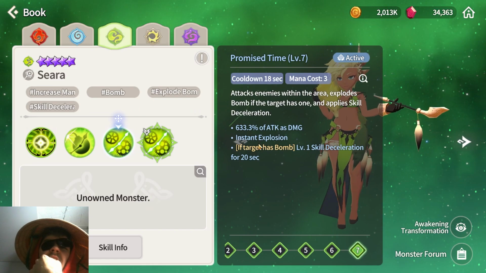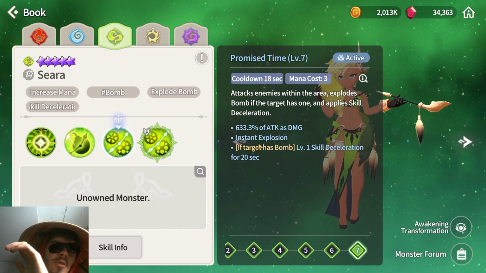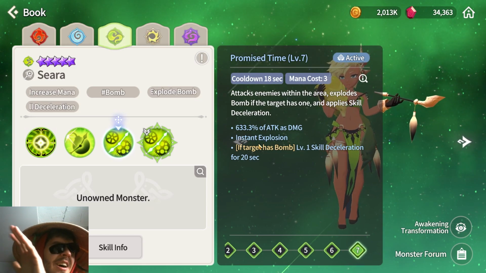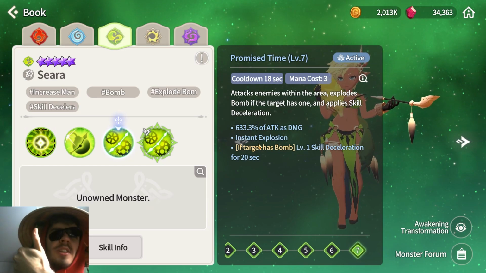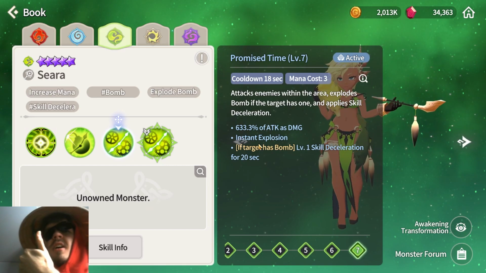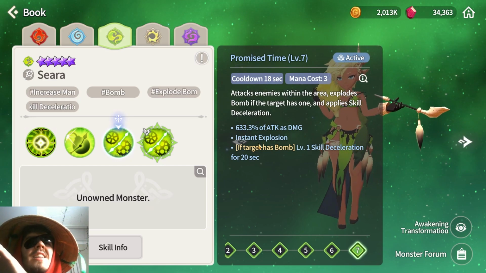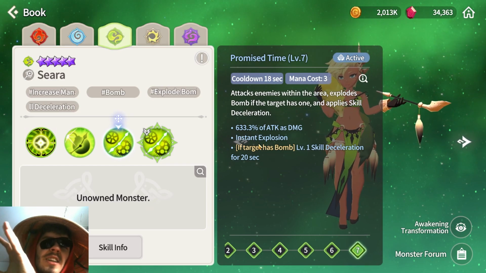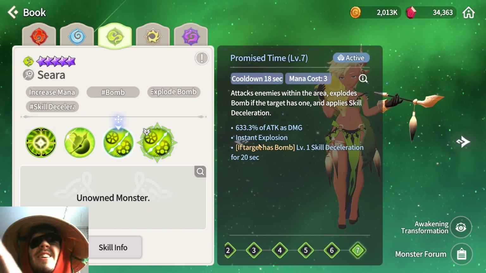As for Seara, I'd say she's a situational unit if you are looking for that single target nuke. But even then, first of all, you can only bring her into teams where the enemy does not have any beneficial effects in most cases. That means you do have to couple her with a stripper or simply target a specific team that does not have buffs, and in most cases the enemy will have some sort of immunity or cleanse,